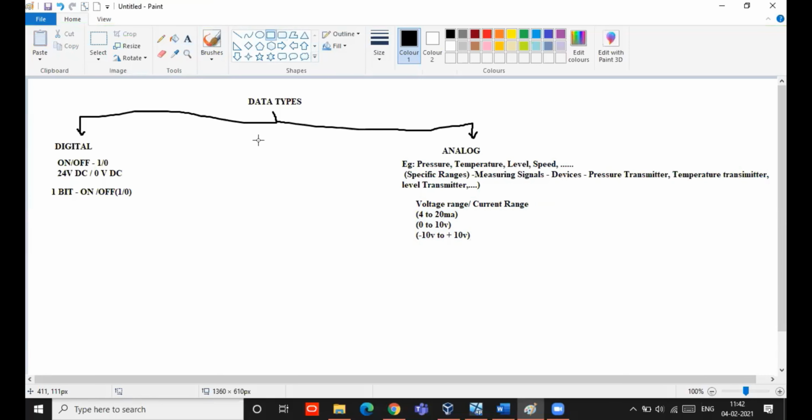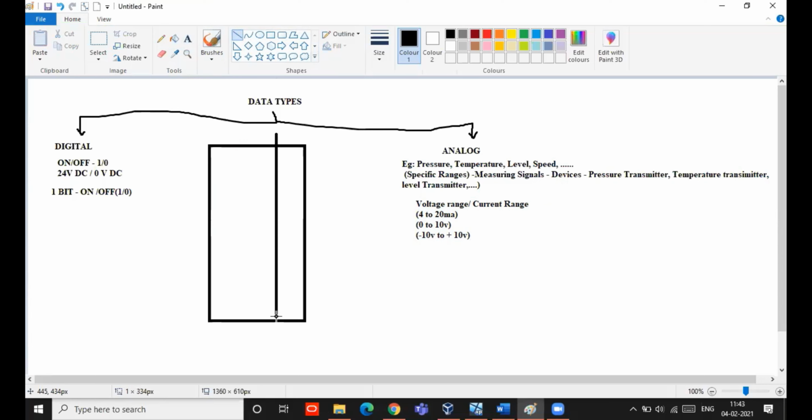So we will take an example. Just assume this is a tank. I have to measure the level of the tank, so I'm using an analog level transmitter. Now what is the work of this level transmitter?